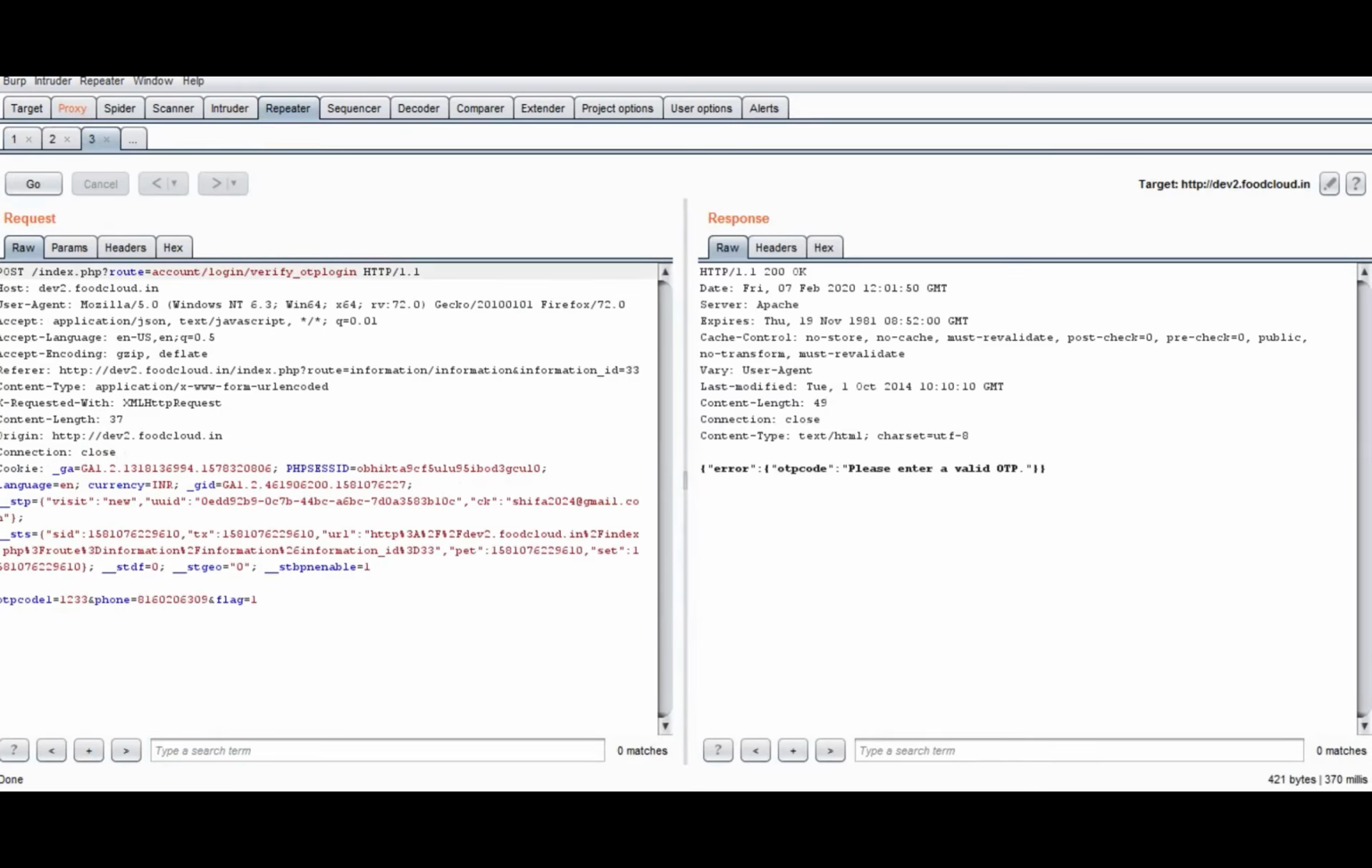After going in repeater, I will just send the request and you can observe I have got the response that is please enter a valid OTP. So I'm going to copy this response, that is please enter a valid OTP, and I'm going to perform a grep match. I will quickly go to the intruder tab